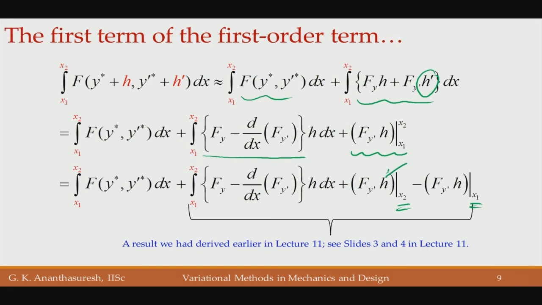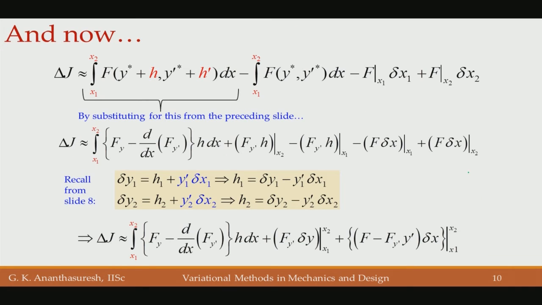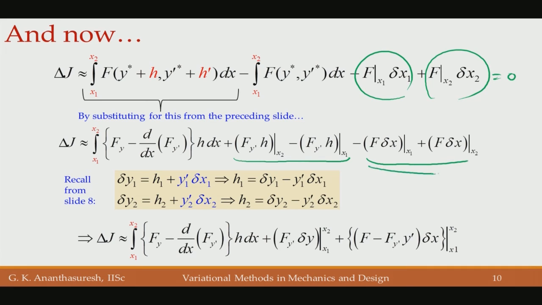Now, what we do is, for this h we replace in terms of our delta y and y prime and so forth, right. If we substitute there, and also remember that delta j should be equal to 0, we have these terms also. Okay. Now, overall, in delta j, substitute everything, boundary conditions come, these are the usual boundary conditions, these are special boundary conditions that we got because of the perturbation of the domain itself,